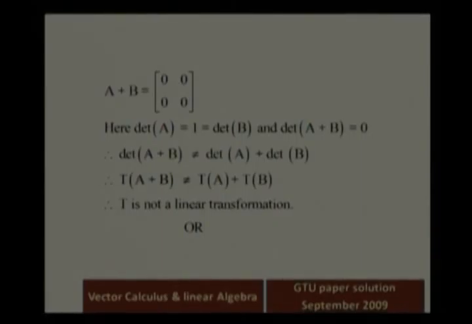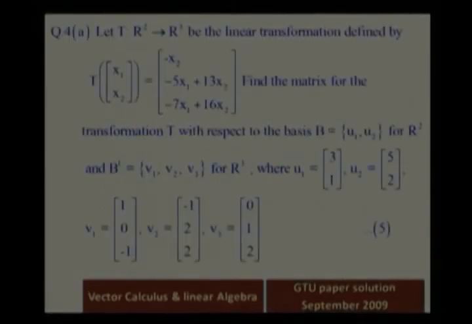The next question, or question 4: let T from R2 to R3 be the linear transformation defined by T of x1 x2 is equal to -x2